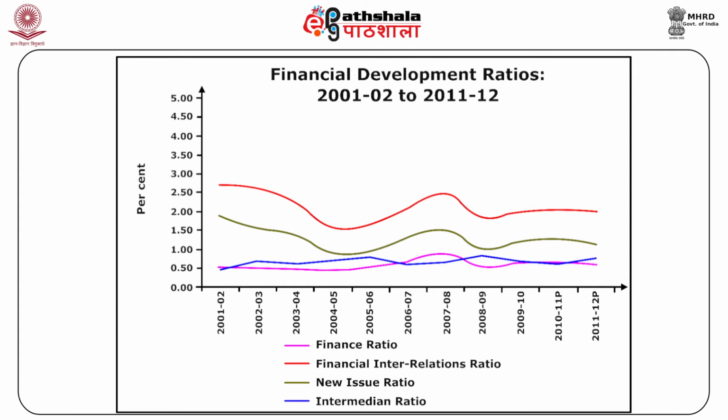Select indicators of financial development, table 7. Year is again same, 2003-4 to 2007-8, 2008-9, 9-10, 10-11 and 11-12 standalone numbers. Secondary issues, primary issues, within primary issues, domestic sector, rest of the world. Then third one is total issue, which is a summation of 1 plus 2. Net domestic capital formation, national income, finance ratio, financial interrelation ratio, new issue ratios, intermediation ratio, growth in real GDP